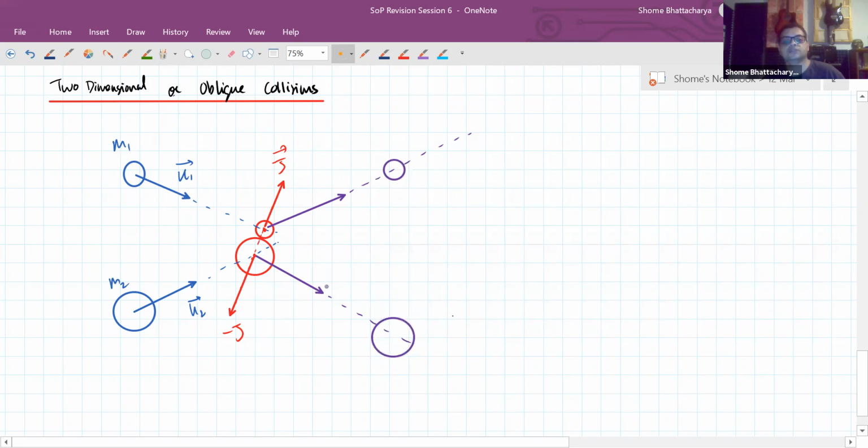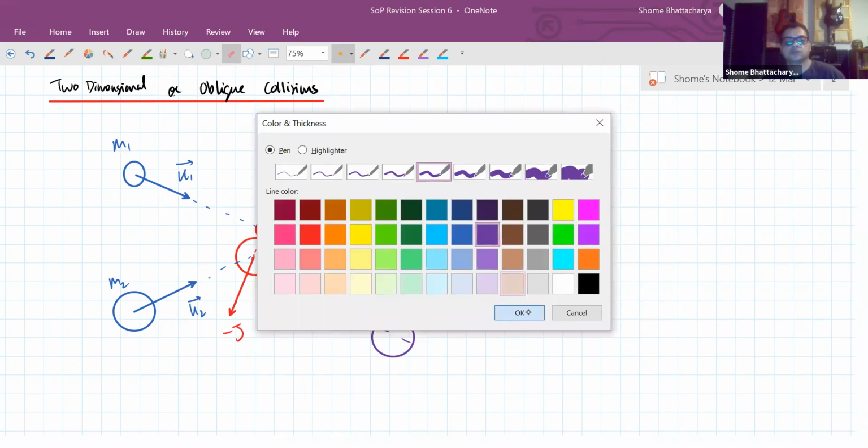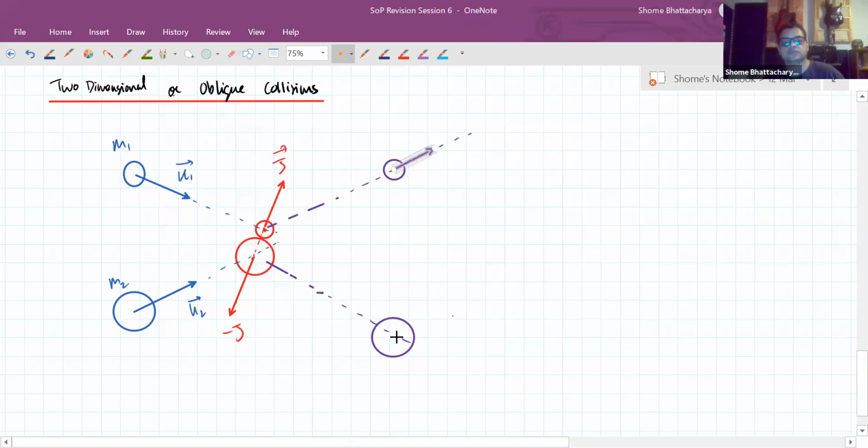Okay, so after a while, we see that these particles or these bodies have final velocity vectors which are like this. So the idea here is that